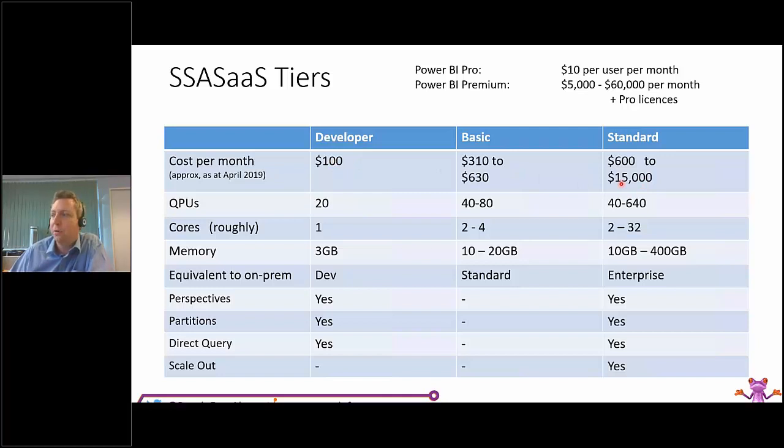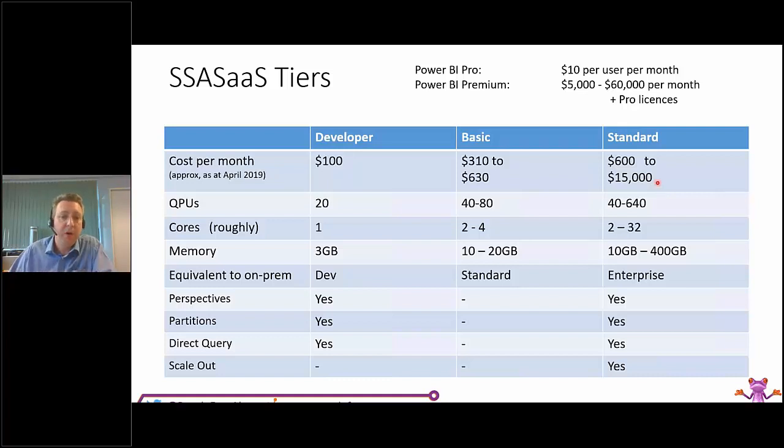in standard, a.k.a. enterprise. So the key difference is the number of cores you get and the maximum memory of that server, going from 3 gig up to 20 gig for basic and 400 gig for standard, a.k.a. enterprise. But then for the functionality, if you want to have partitioning, direct query, or this scale out option, you have to be using standard. So when you compare that $15,000 price tag per month, what are the other options for managing